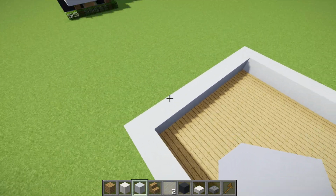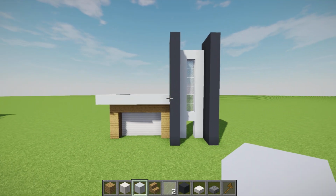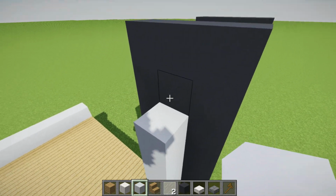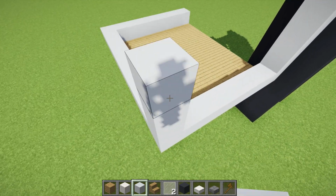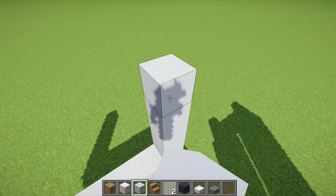So of course, on this wall here, we're just going to build this wall up. In fact, let me just make everything easy for you because I know you guys might be confused. After we've done this, what we now need to do is build this up by 1, 2, 3, 4, 5, and then build this up by 5. 1, 2, 3, 4, 5. Go to each corner, 1, 2, 3, 4, 5, and then go to this corner, 1, 2, 3, 4, 5,